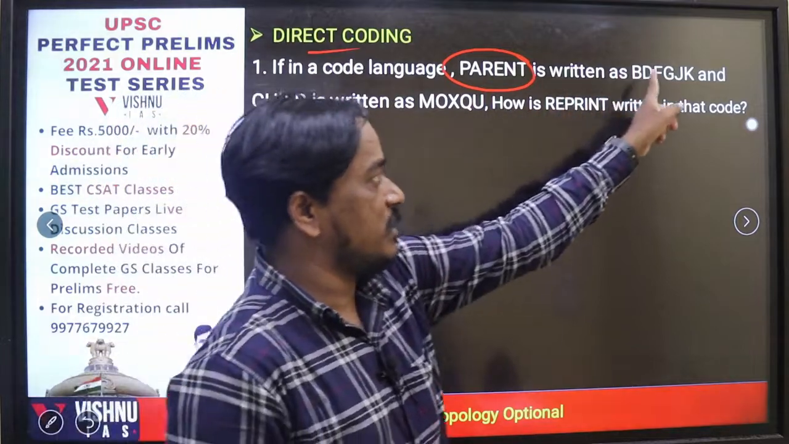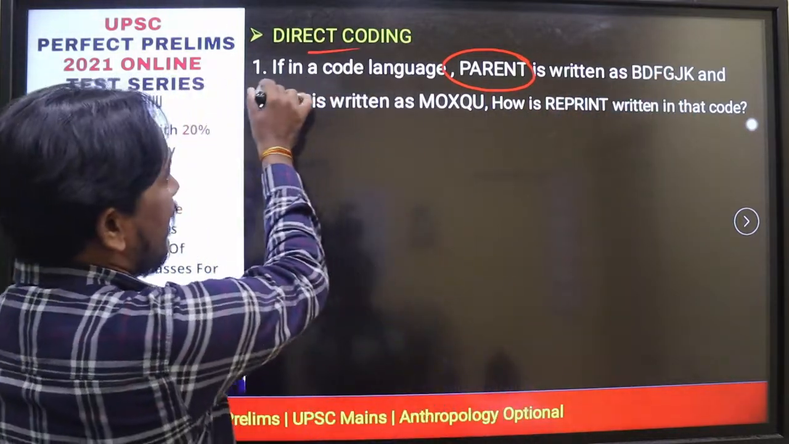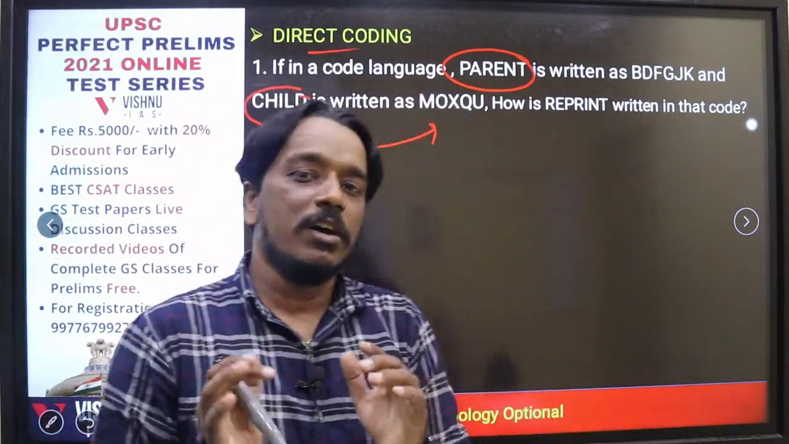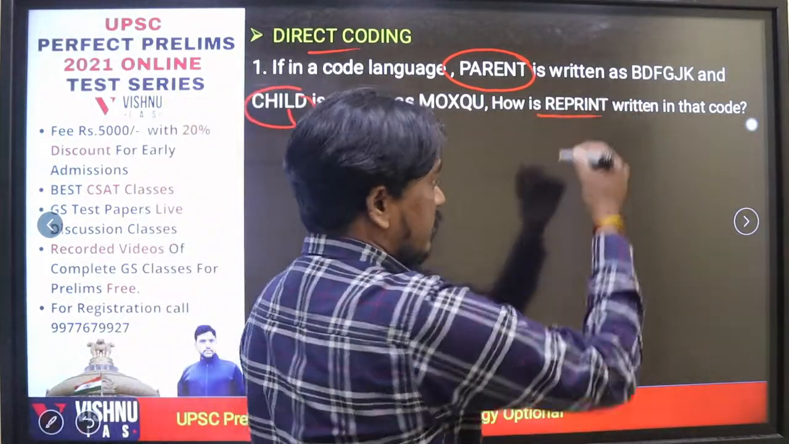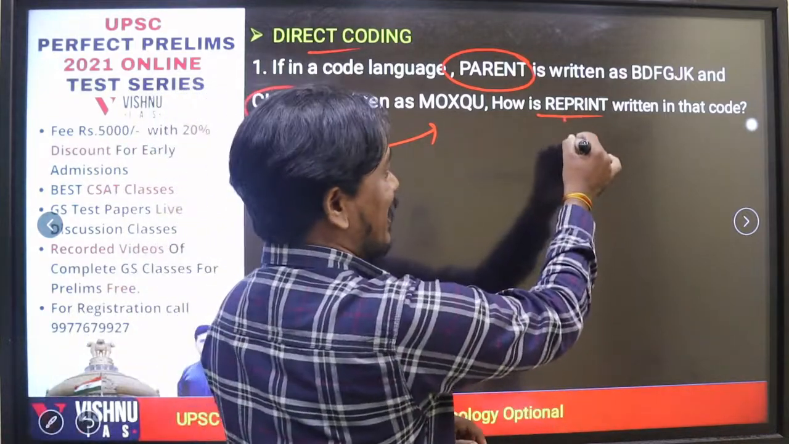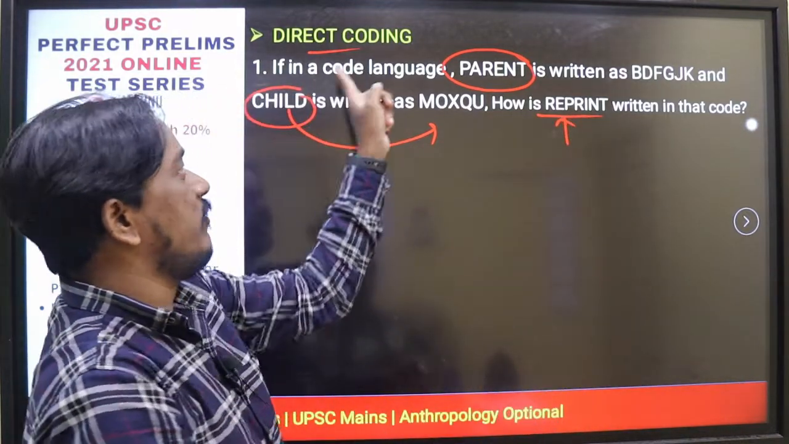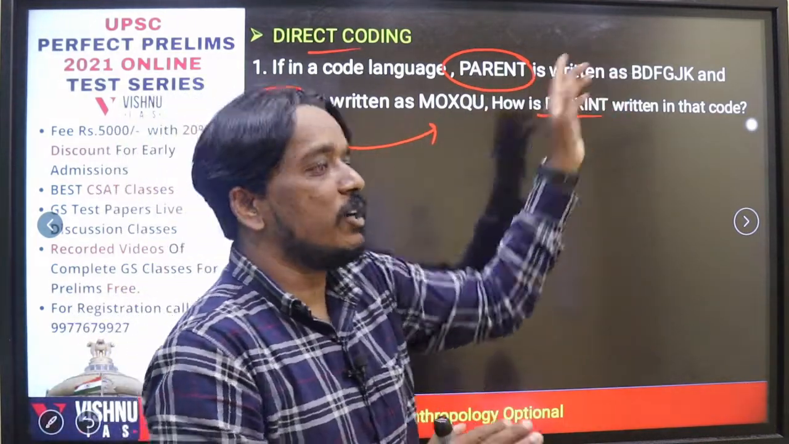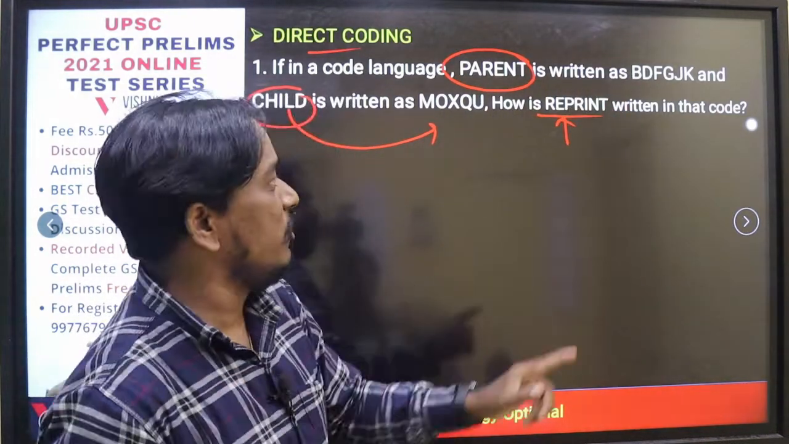See, parent is coded as this one and child is coded as this one. They have given another word to find out the code for this one. So REPRINT. Direct coding means if you observe all these letters, if available in the given two words, you can directly copy the corresponding codes for this particular thing. For example, if you observe